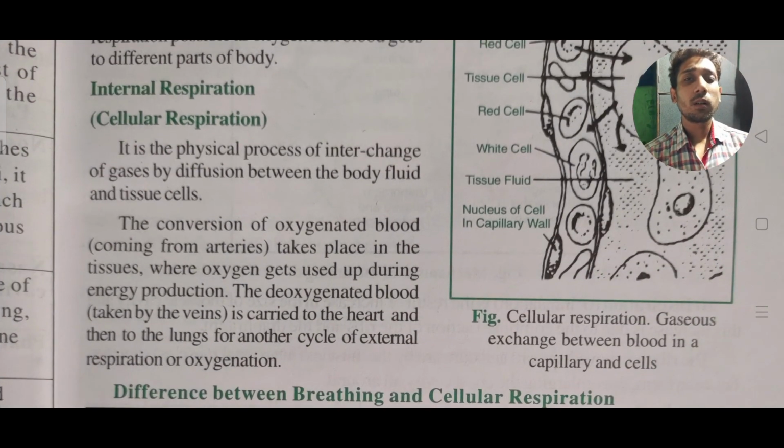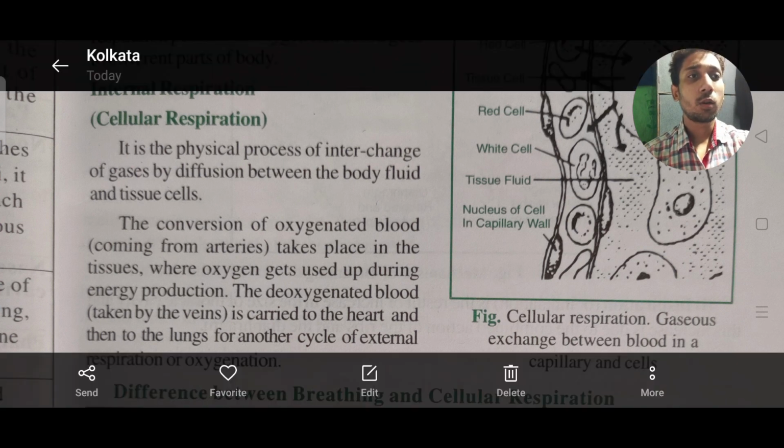Thereafter we can see that internal respiration is also known as cellular respiration. So what is cellular respiration? It is the physical process of interchange of gases by diffusion between the body fluid and tissue cells, which means